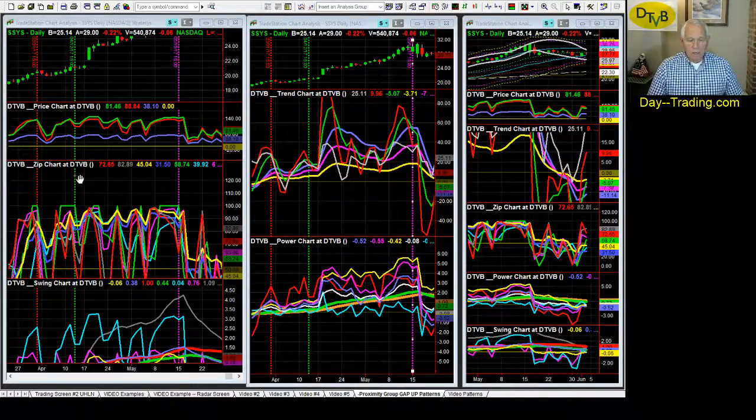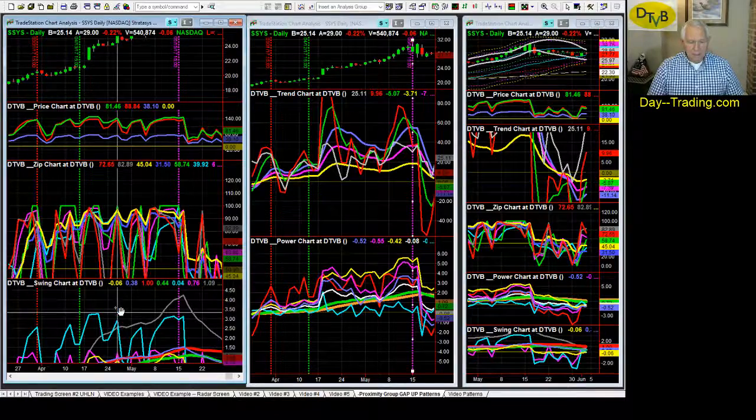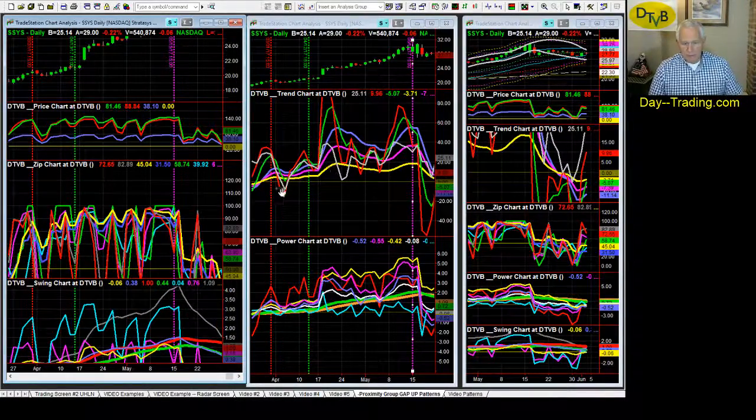And obviously on the next day after the green dropped down, we then have a red spike with red down below the 50. It's crossed under the 50, and the yellow is up high, and zip yellow in this case is at 84. We also have zip yellow in a low angle, either up or down, I didn't check, but when it's in a low angle, that usually means it's up the next day. And zip yellow, zip blue, zip pink, even swing Zion, and I'm not sure about that one, but over on the other ones we have